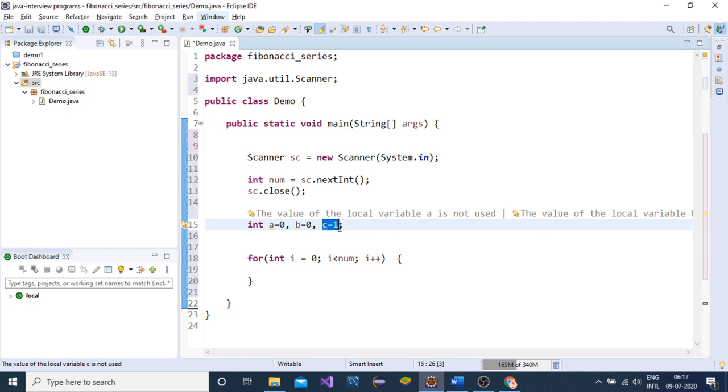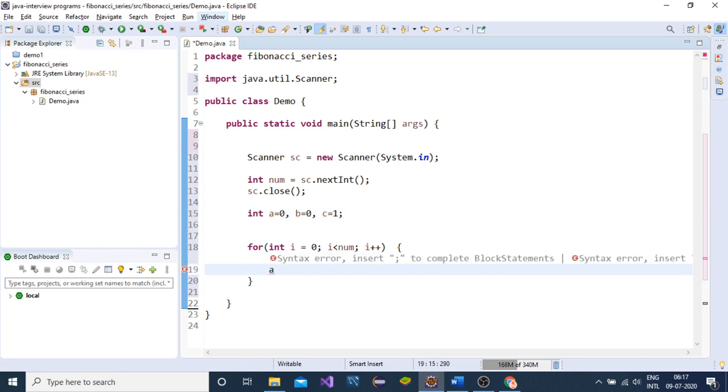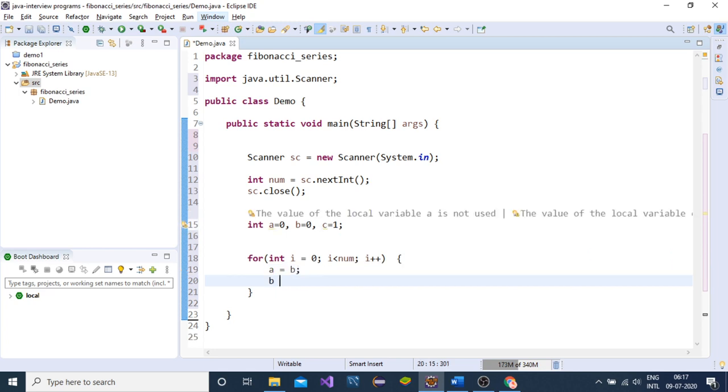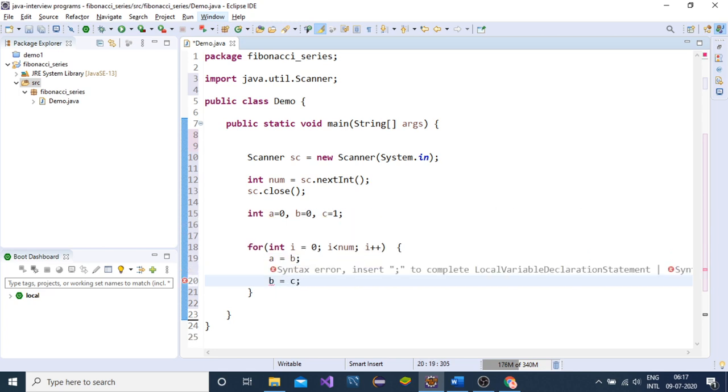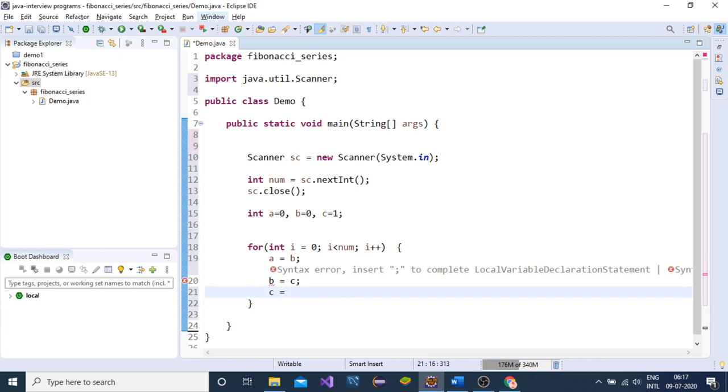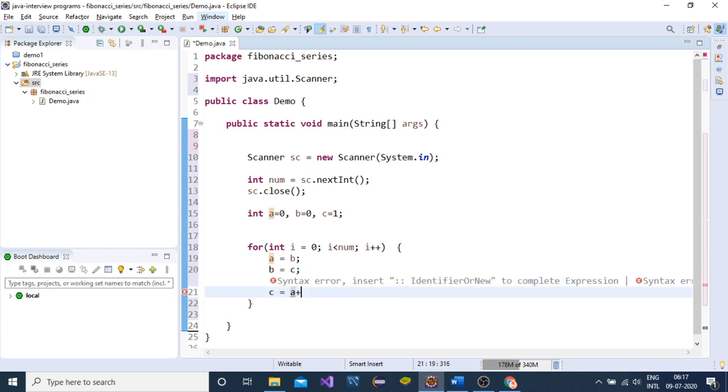We will do this repeatedly inside the loop till the series is complete, and we will get our series. This is the concept. So inside a we will assign the value of b, inside b we will assign the value of c, and inside c we will assign the value of a plus b.